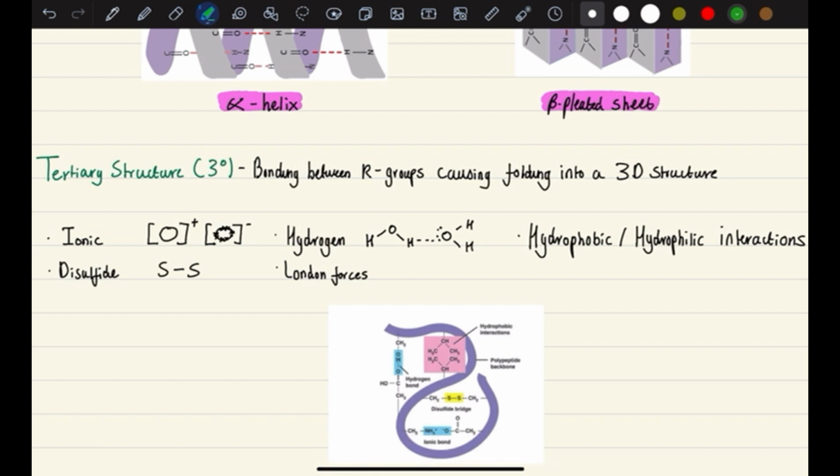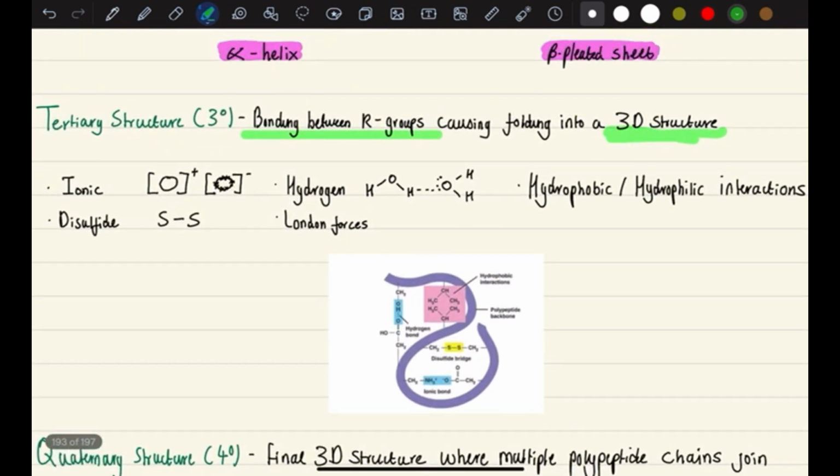So the bonding between R groups causes it to fold into a 3D structure. And you're going to want to say 3D structure, and you're going to want to say bonding between R groups if they ask you in an exam. There are so many different types of bonds we can have: ionic, disulfide, hydrogen, London forces, hydrophobic, hydrophilic interactions. Just be aware of all of those are happening between specifically R groups, which is going to cause it to